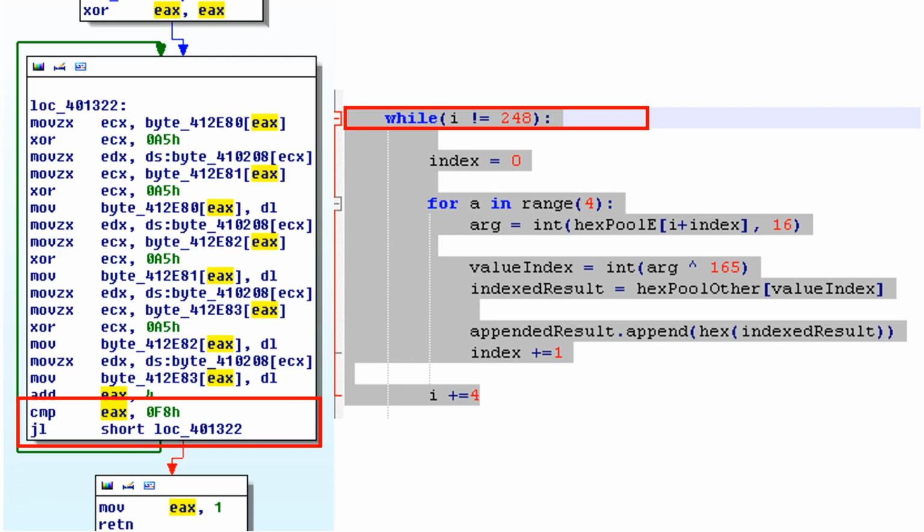First of all, we need to make sure we have a while loop that starts with 248. If you haven't noticed, 0F8. I really hope that's 248, or I've been doing it wrong and I've just said to people that that's right. Anyway, we need a while loop. This is a loop. We can see that from the looping nature, and it's green. So jump less than. So we've got that under control.